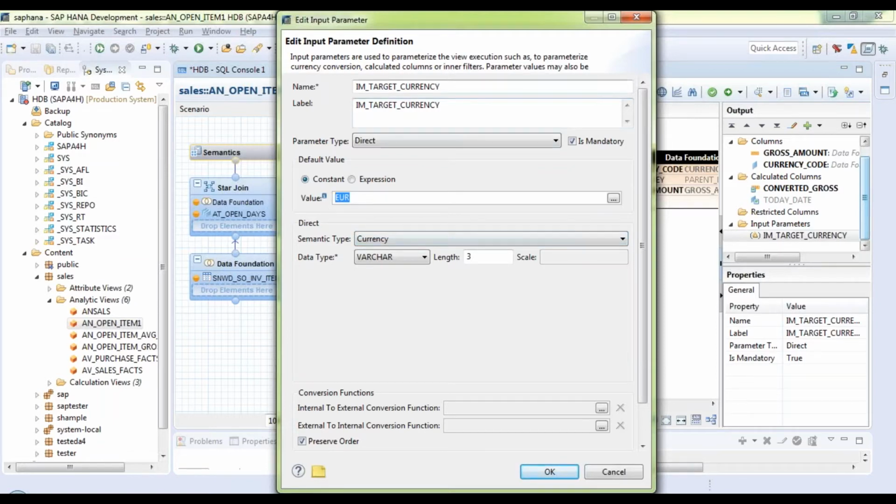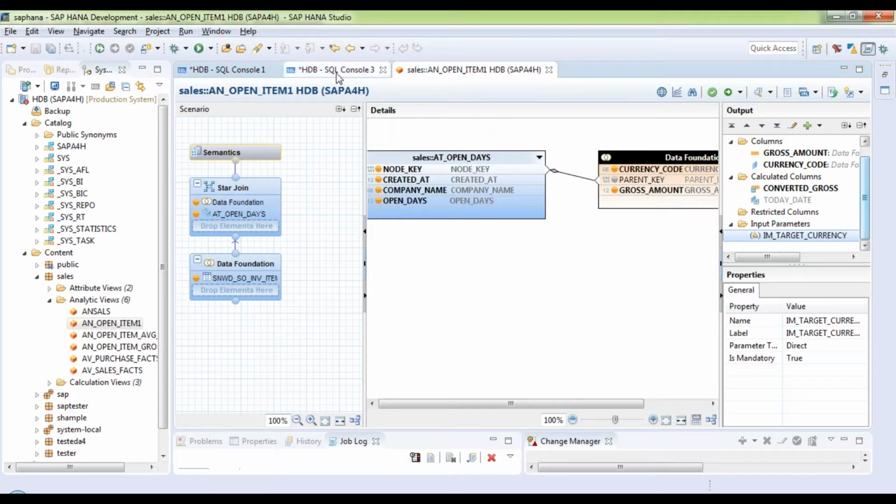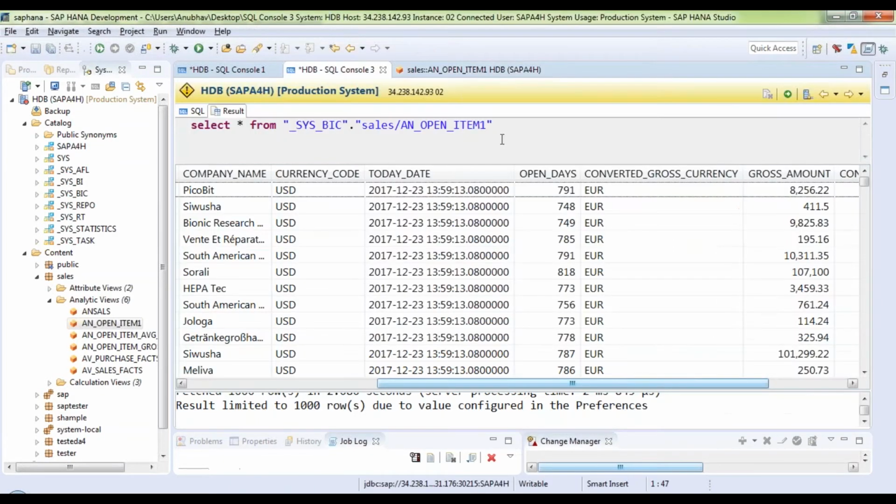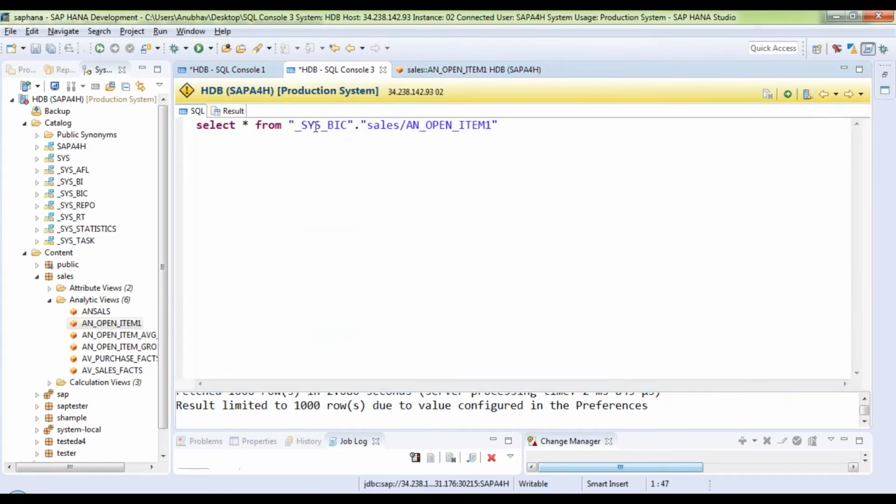So now I want to call this in my SQL script procedure. This was one of the questions in the last class. So I will show you now the code snippet to call this in SQL script with the import parameter. Remember this parameter name. I copy the parameter name, and I come here, put the analytical model name or the procedure name, and then put parentheses and put PLACEHOLDER. PLACEHOLDER equals your placeholder name and placeholder value. You have to put it here. In the placeholder you have to pass your import parameter name, comma, its value.